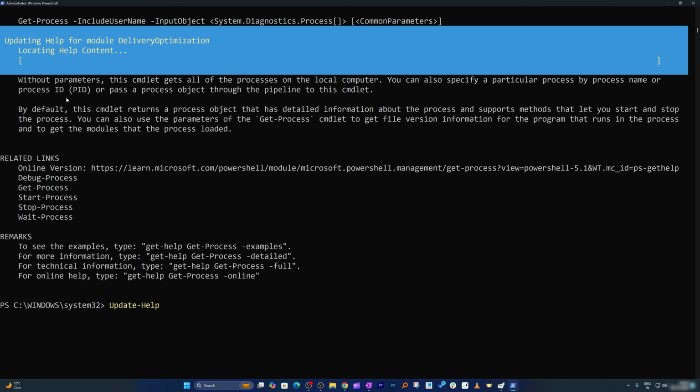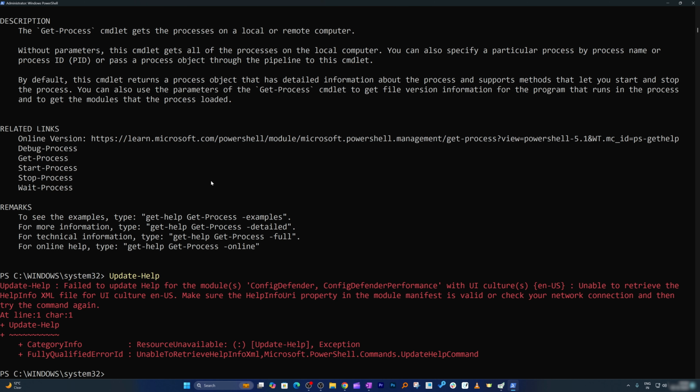So now what is happening by running this command is it's going to update all my help module, so that whenever I run help command and try to know about a particular command, it's gonna give me all necessary description. Now let's wait for this updation to get completed, and there we go. Now let me type here clear,